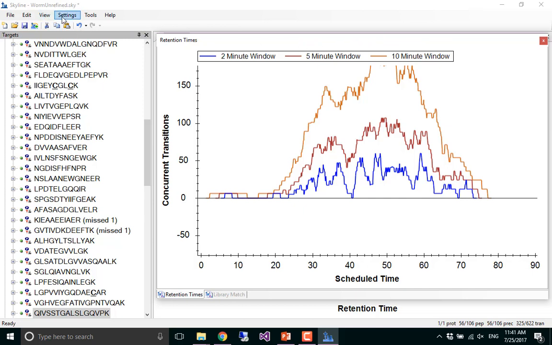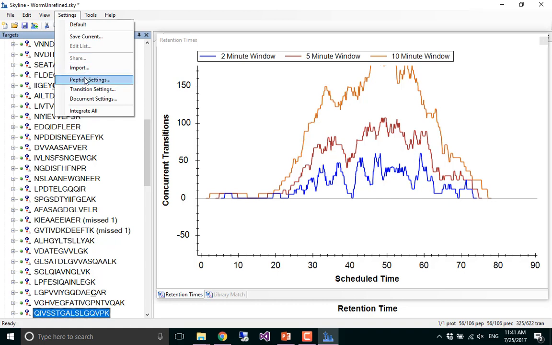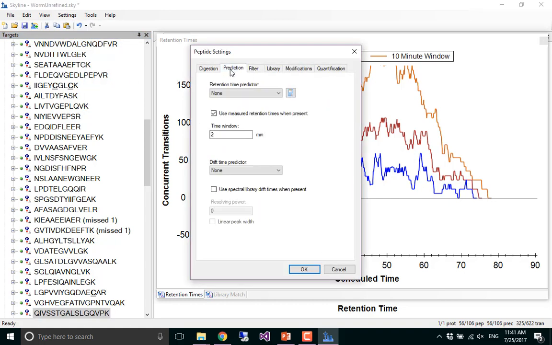First thing we need to check is go to settings, peptide settings, prediction. Okay, and it says here we don't have a retention time predictor. We haven't done any IRTs. We're not going to try to use SSRCalc to predict retention time. Whoa, we do have a retention time predictor. What happened? Okay, we're going to go with none. I don't know what this is. Okay. Anyway,